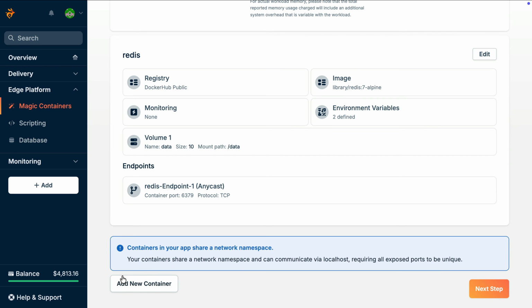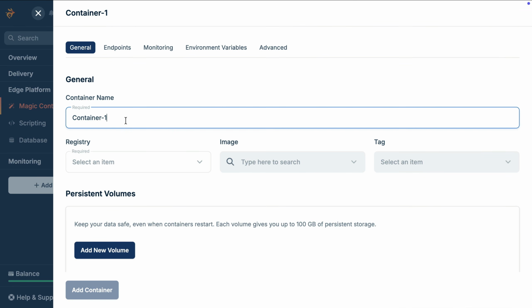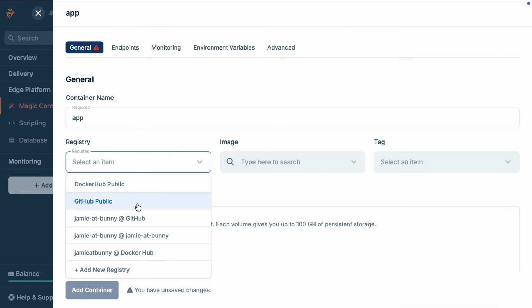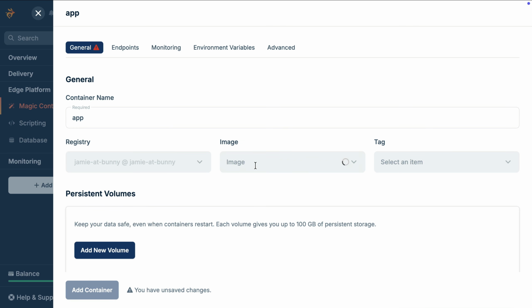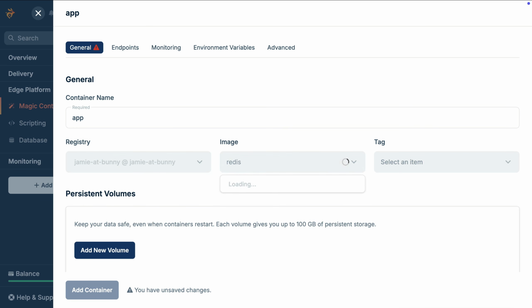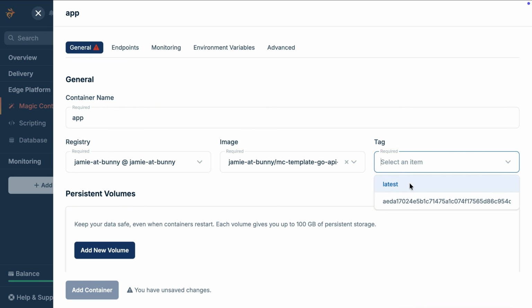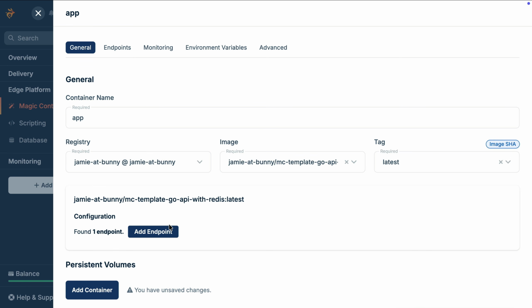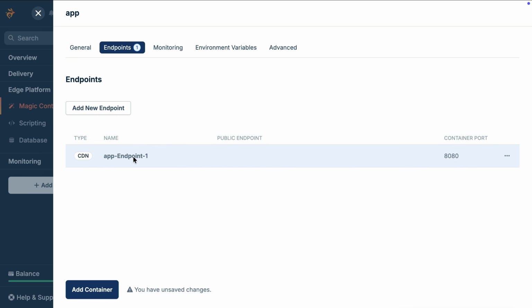This time, the new container will be for our app that talks to our Redis database. Here I'll pick my registry on GitHub and the image that I want to deploy. This will be a simple Go API that talks to Redis for a simple KV API. I have an endpoint here that talks to the port 8080, and we'll want to add an environment variable for